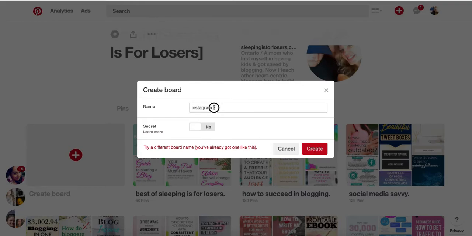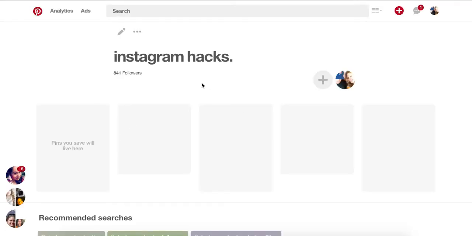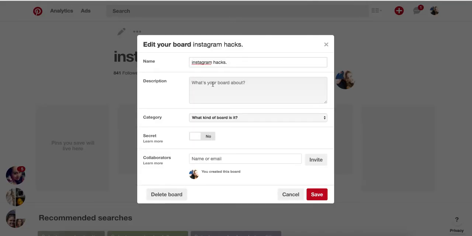Oh, I already have a board. Instagram hacks, let's say. And now I've hit create. And now I have an Instagram hacks board. So once I've named it Instagram hacks, I'm going to go into this little pencil right here, and I'm going